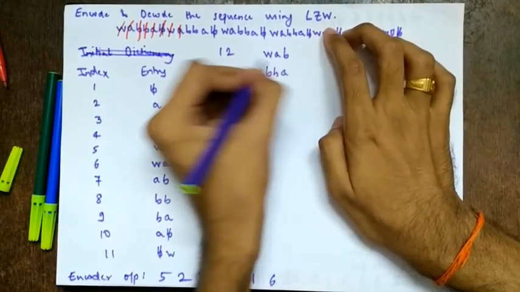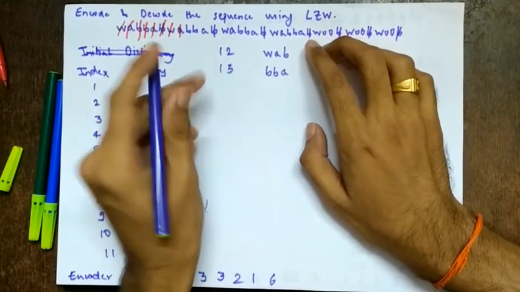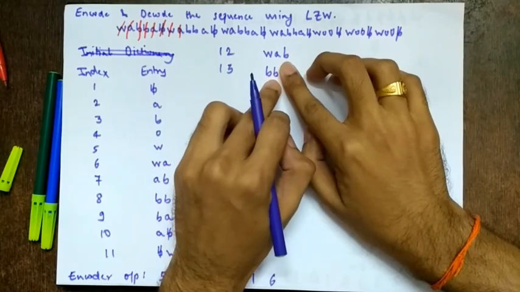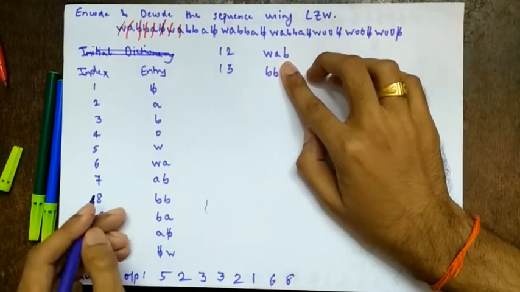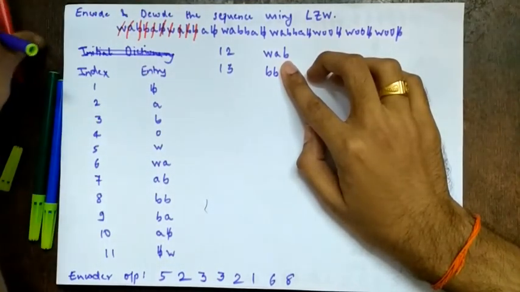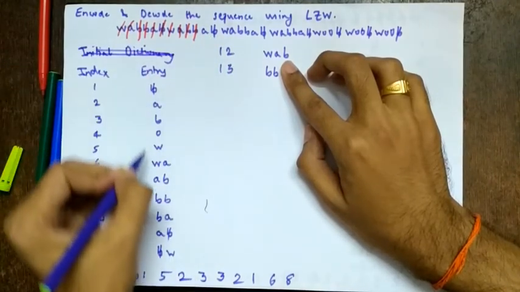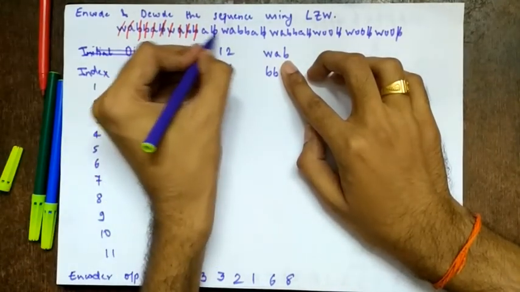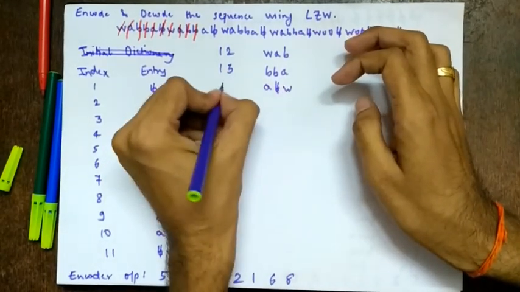So BBA. Now we are proceeding faster automatically, right? This is B, right? So remove the last thing. What is BB? You check. BB is 8. So what do we take? 8, right? So 8 is done. So what is done? BB. So scratch BB. Then we take A. Then A is already there. A B bar. Is it there? Yes. A B bar is there. So we take A B bar W. It is not there. So A B bar W is index 14.